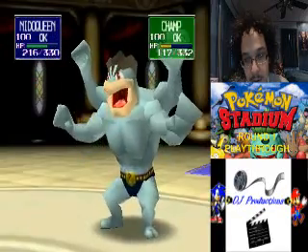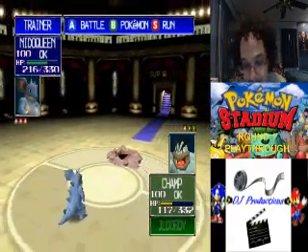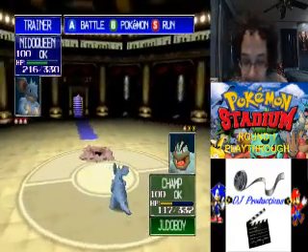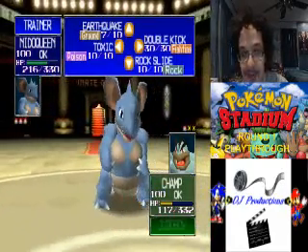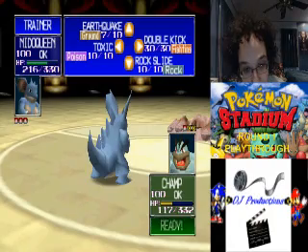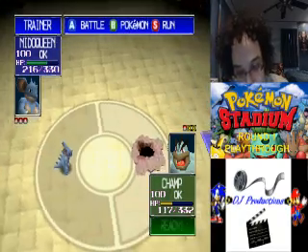Okay, let's see. It's using Dig. Okay, yeah, I mentioned earlier that a couple of episodes back, the Machoke could learn Dig. Well, they finally took advantage of it. Obviously can't hit it with Earthquake in Generation 1, so, I mean,